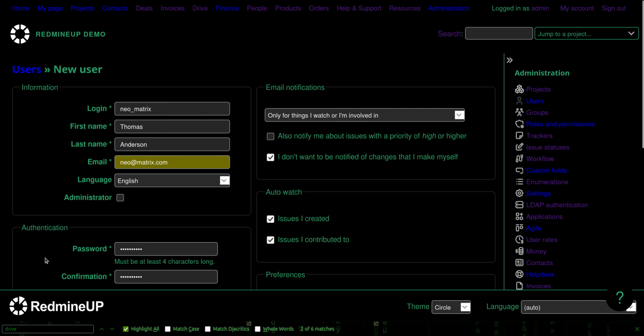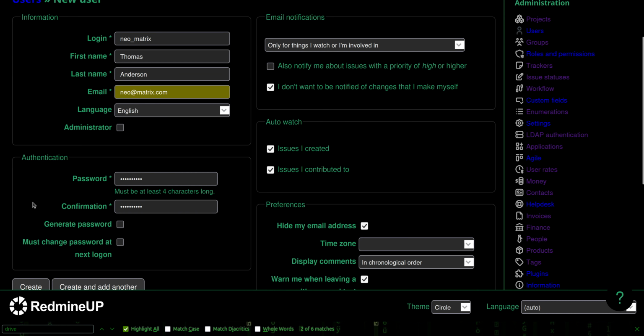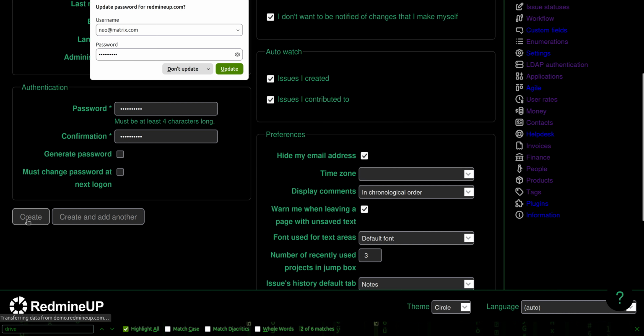Okay, so very important is that Neo is not an administrator. He is just a normal Redmine user. Okay, so we create him,